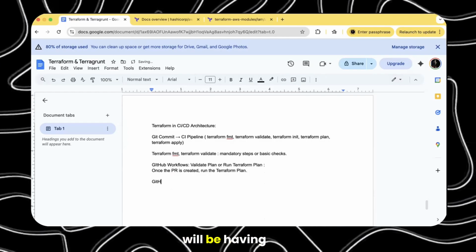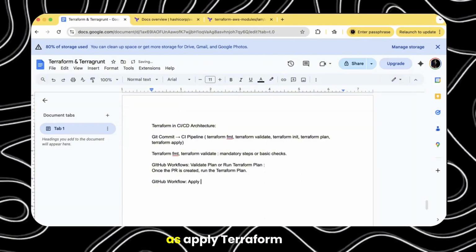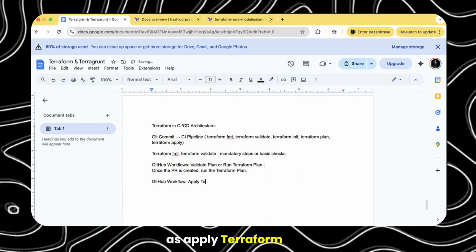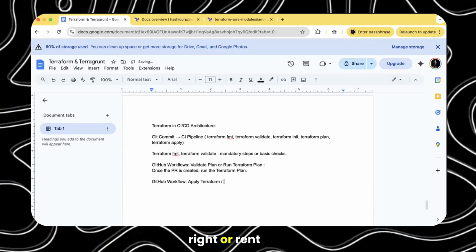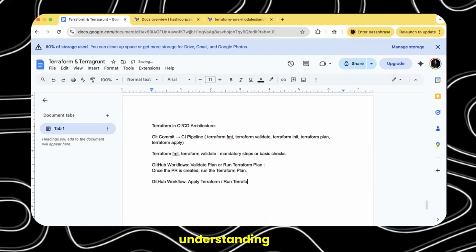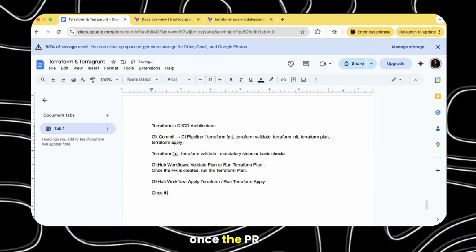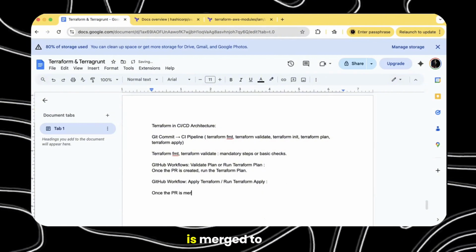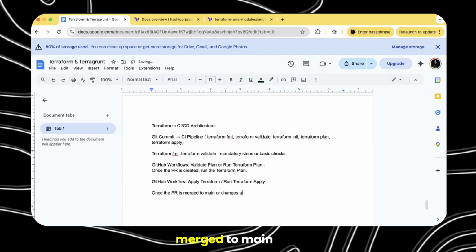And then you will have another GitHub workflow. Let's say you name it apply terraform example, or, in a simpler way, run terraform apply. You run this once the PR is merged, or changes are merged to main.